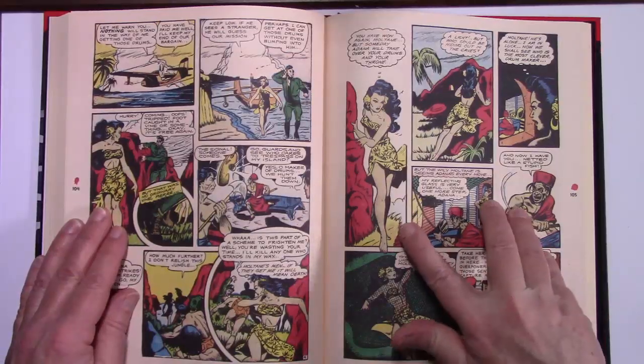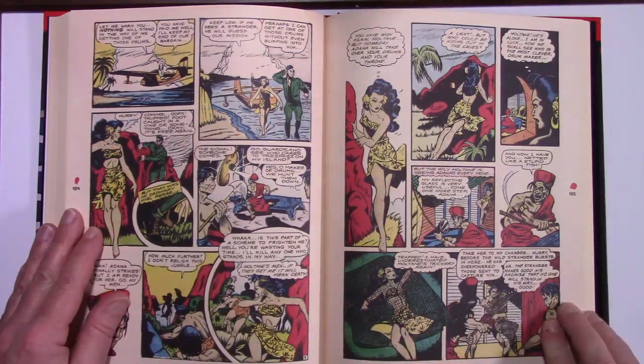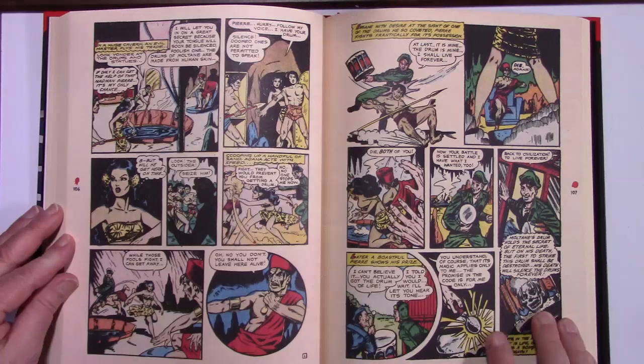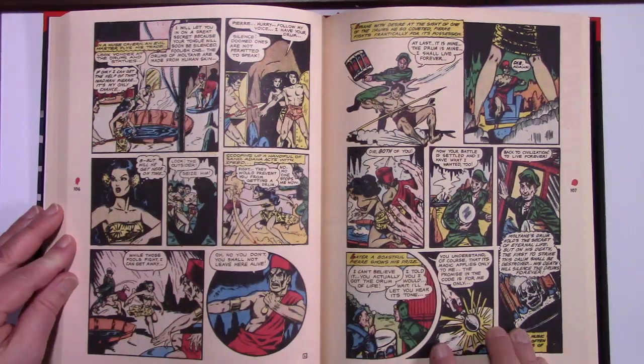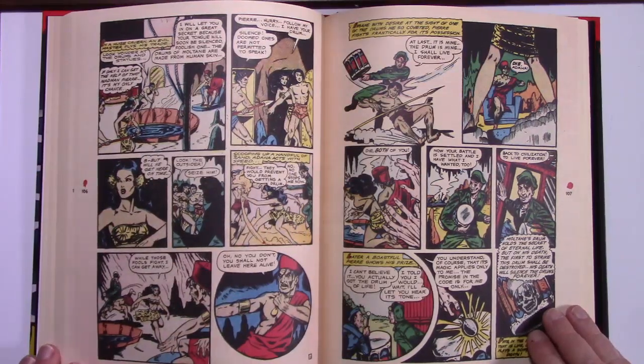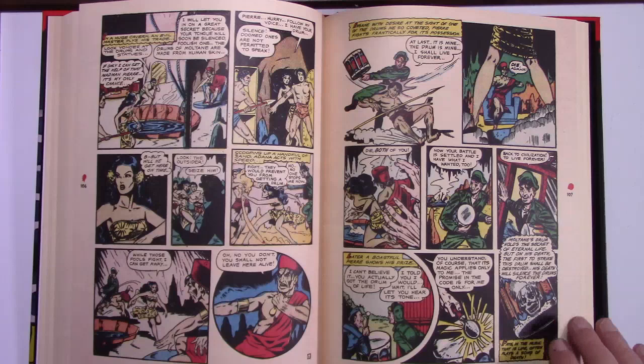Our jungle girl in action, right there, as only Matt Baker could draw her. And much like Robert Webb, Matt Baker loved to do circular panels as well. Now, as far as the story is concerned, the Drums of Doom, at comics.org, there's an indexer note which says,